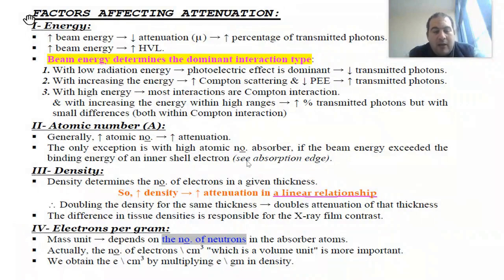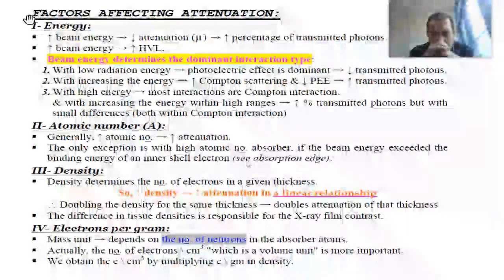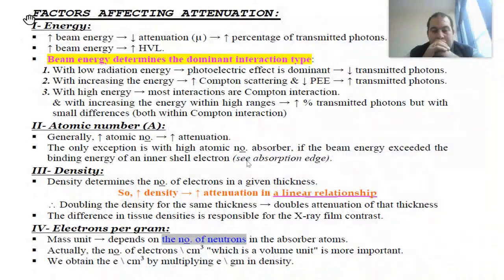Now, the point that Dr. Hani mentioned about density and electron density: there is a difference between density and electron density. Let me clarify this for you. If I take, as an example, a material like lead and a material like cotton, with the same thickness of 1 centimeter each, do you expect that 1 centimeter of lead and 1 centimeter of cotton or other different materials